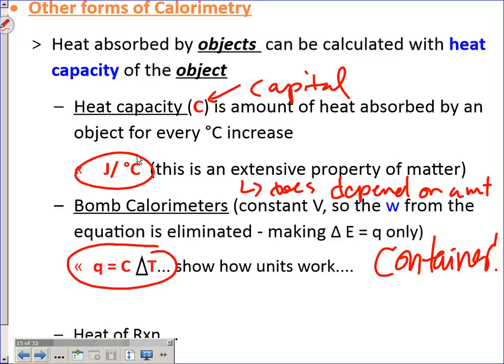So generally in these forms of questions, it'll say the calorimeter has a heat capacity of 1 joule per degree Celsius. So basically, all that temperature change that's happening inside, let's say it raised by 10 degrees on the inside, for every 1 degree it increased, the coffee cup calorimeter is also absorbing 1 joule. So if I define big C as 1 joule per degree C, and I raise the temperature of my system by 10 degrees Celsius, how much is my container absorbing? 10 joules,